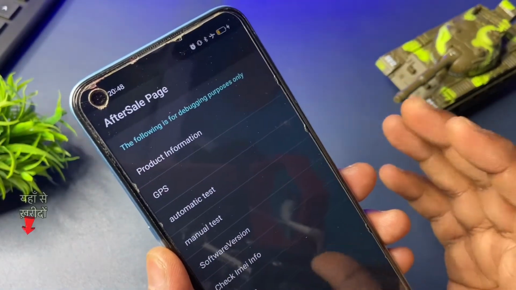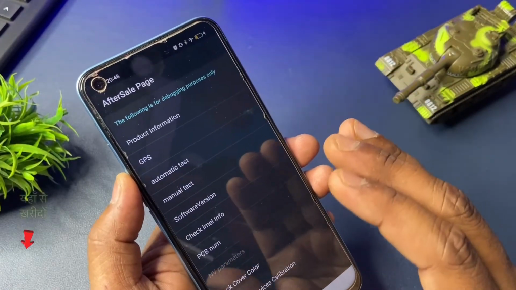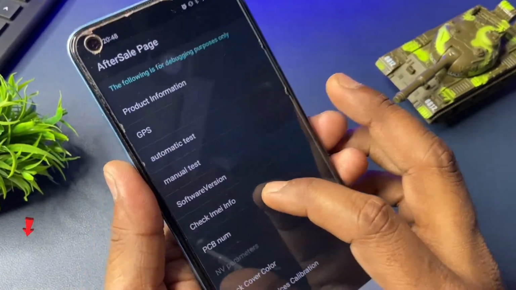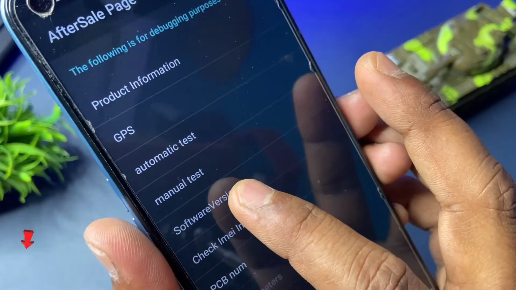Okay, the page of master locking will come in your smartphone. Now you have to take some new important steps here. As you are looking at the number 5 option here, this is software version. You have to open this software version